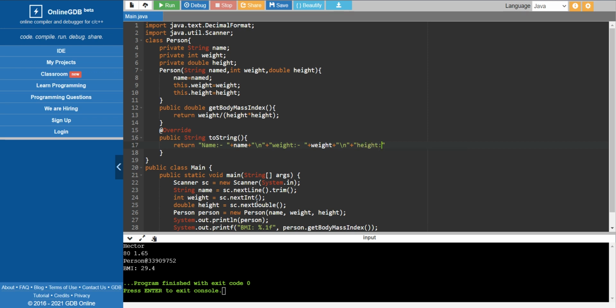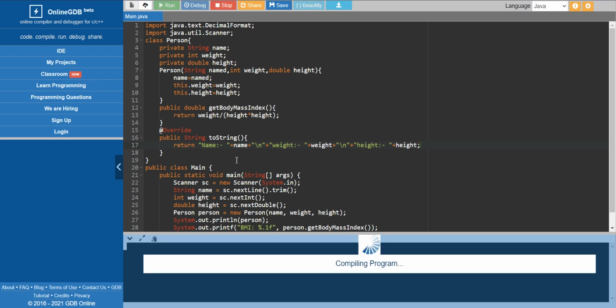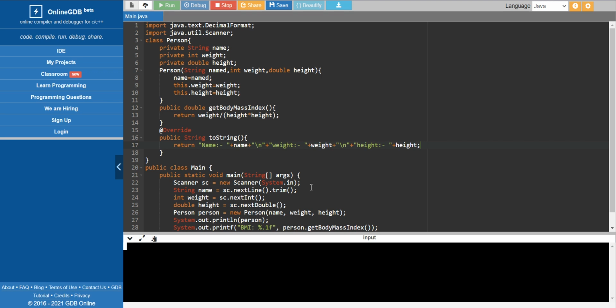Height is height. So if I run this program, we will get something like what we really want.